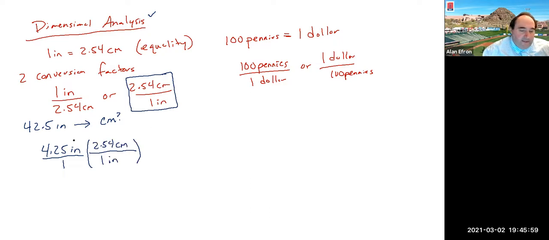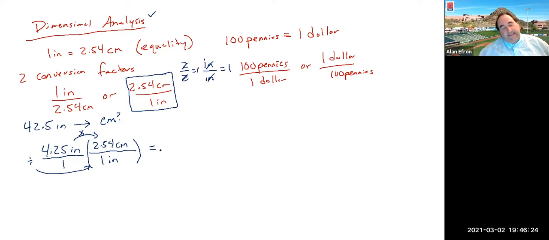Basically, what we're doing is multiplying by what's on top, and then dividing by what's on the bottom. So when we do this, we're essentially dividing inches on top by inches on the bottom. That equals 1. Same idea: if you divided 2 by 2, it equals 1. If you divide the inches on the top and inches on the bottom, they cancel. That ends up giving us